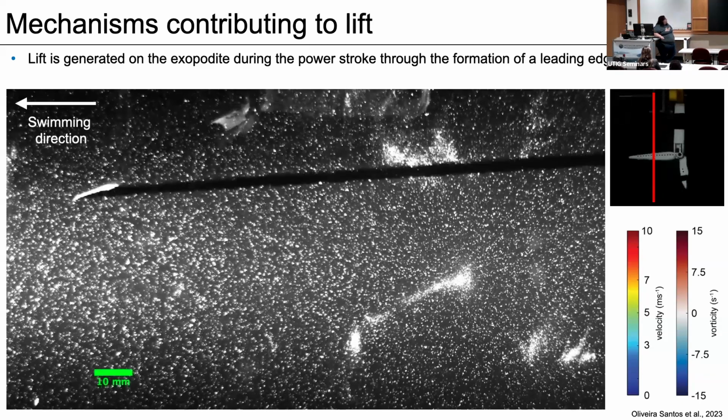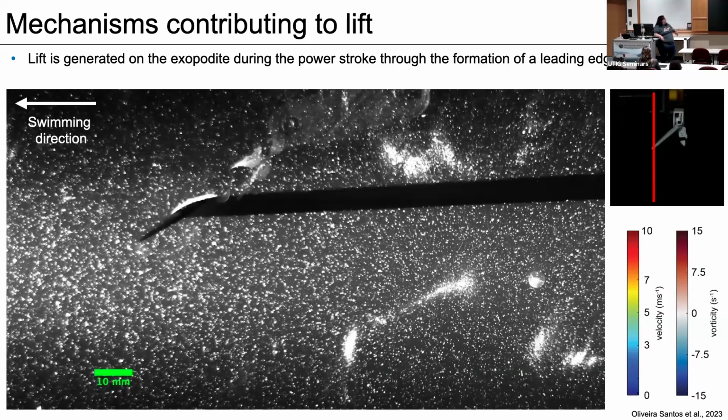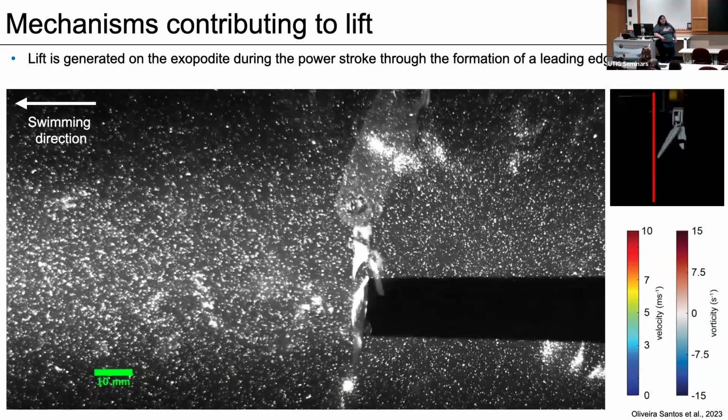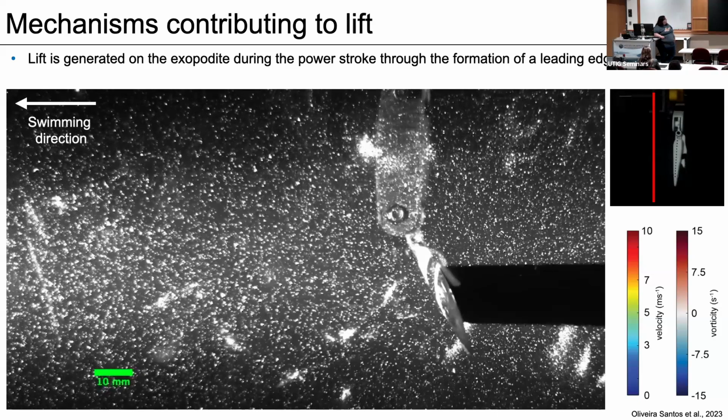I'll show you the raw images first. You see this appendage coming into the plane. You're going to see these particles moving. And here it's a little bit difficult to understand what's happening, but if we